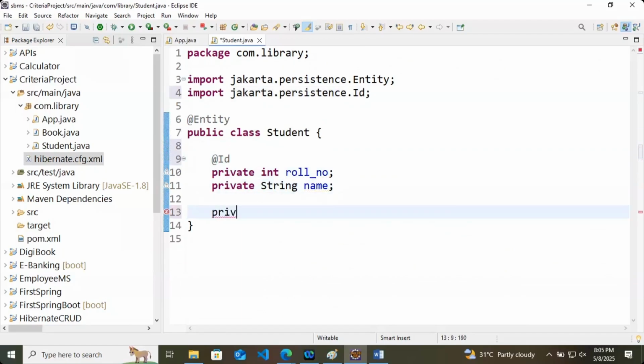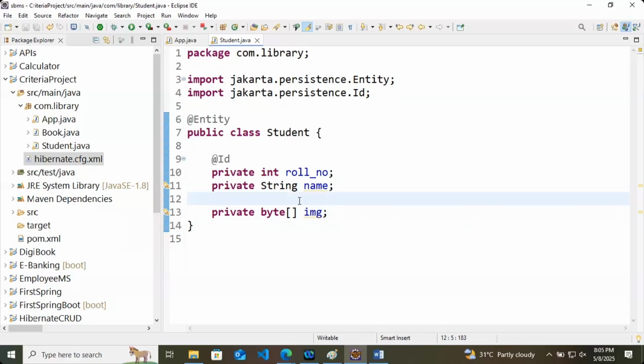This Student also has a private byte array field named img, for the image. I am creating a byte array field, and as this is not normal text, it is going to be a very big value.